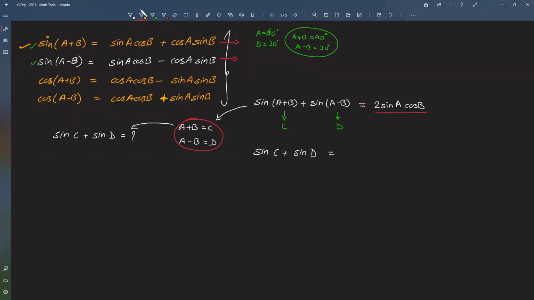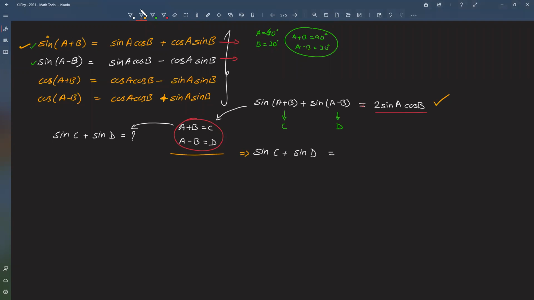See, this expression is a good expression. On the left hand side, you have A and B. On the right hand side, you have A and B. So everything is in terms of A and B. But the second one which we are going to find, we have an expression in terms of C and D on the left hand side, but on the right hand side, if you write 2 sine A cos B, it will be more confusing, right? So better you convert this A and B in terms of C and D as well.